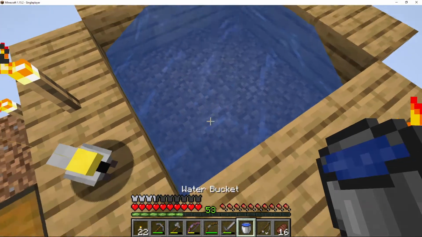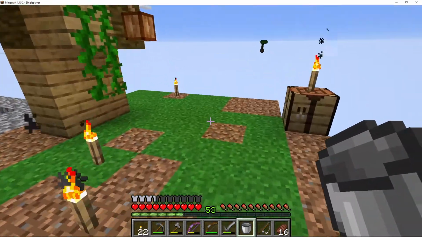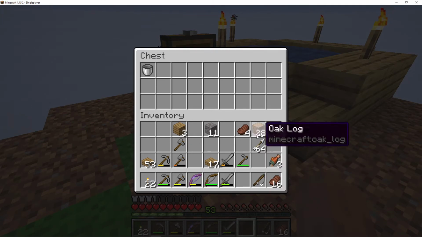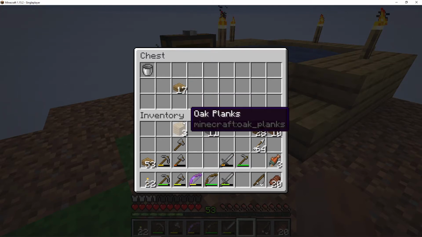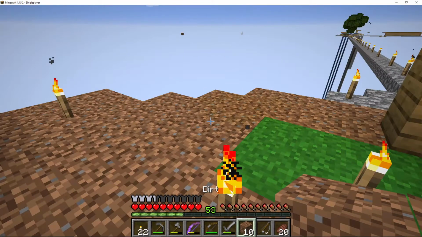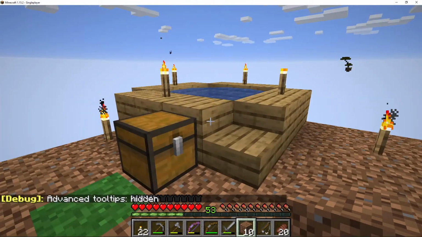Okay, got infinite water now and the fishing pond is complete. So I'm going to put that bucket in there for now. I'm going to leave a few blocks and slabs over here. I have some dirt. Let's see,